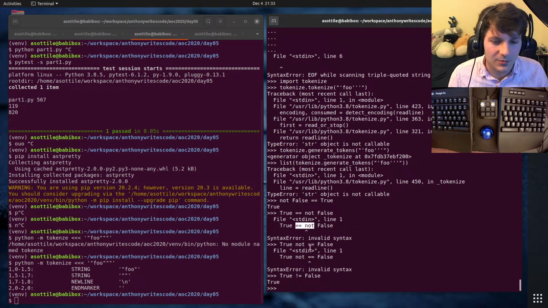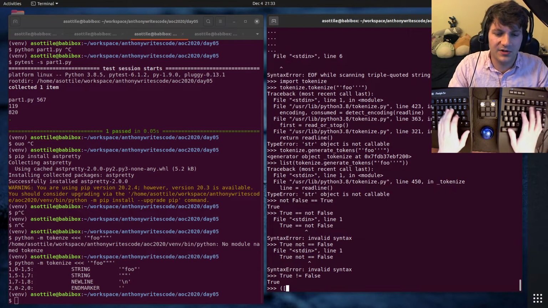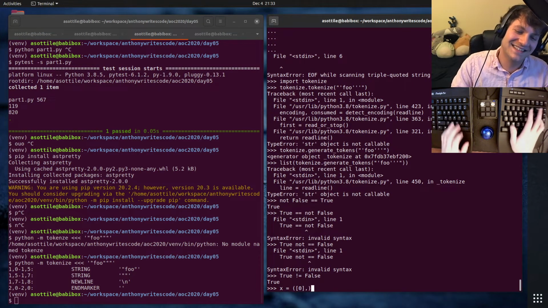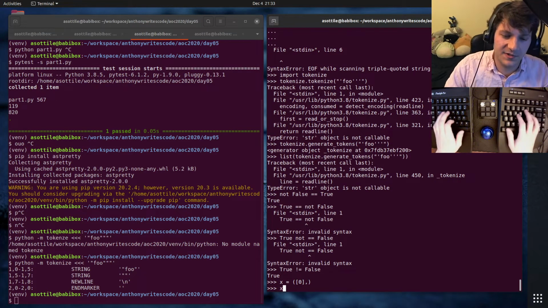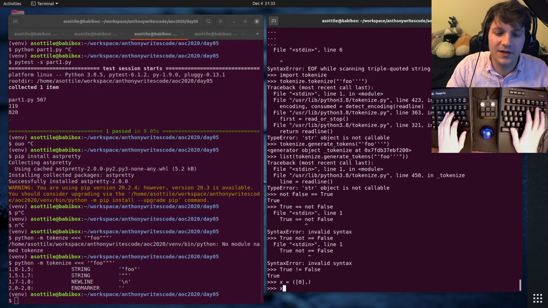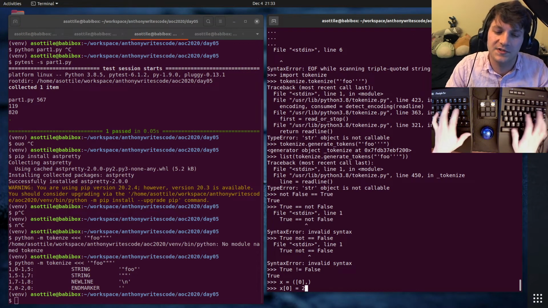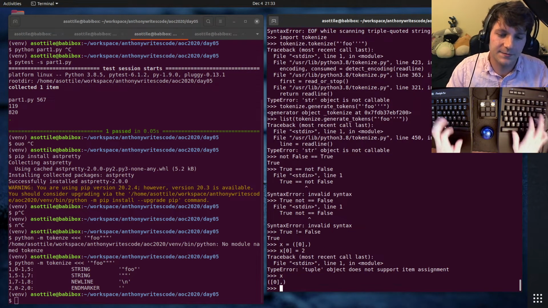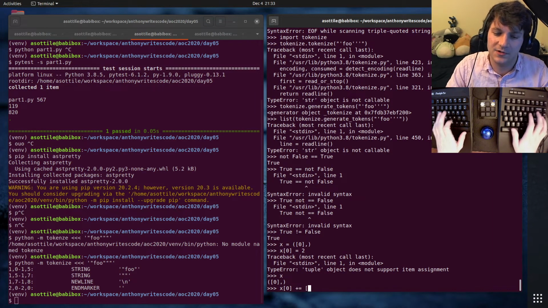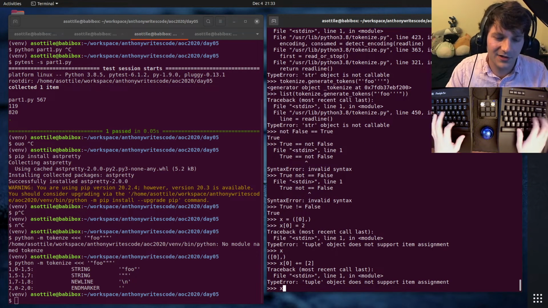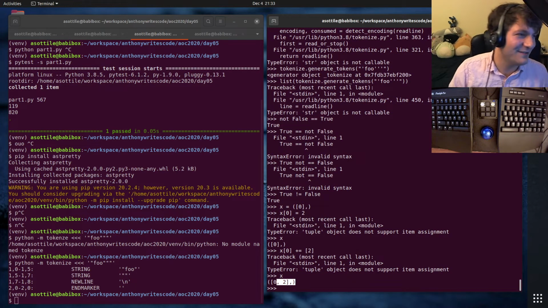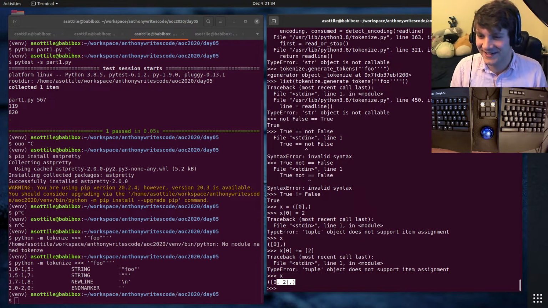Oh, this one is a fun one. This is a pretty common problem that I've actually seen in production. If you have a tuple which contains a list, the cool thing about tuples is you can't modify them. So if we say x[0] = 2, that of course fails. But if we say x[0] += 2, this of course fails, as you would expect. However, it modified the value despite failing, which is great.